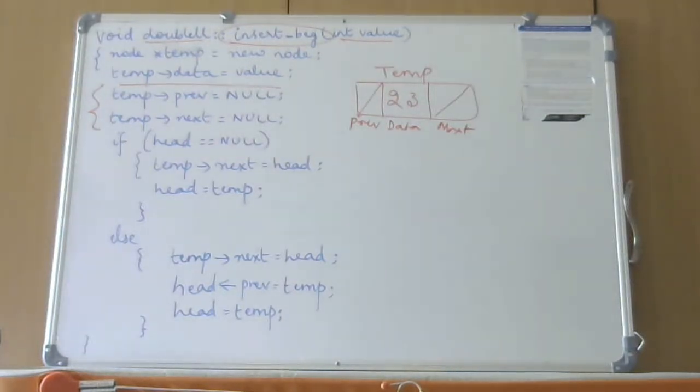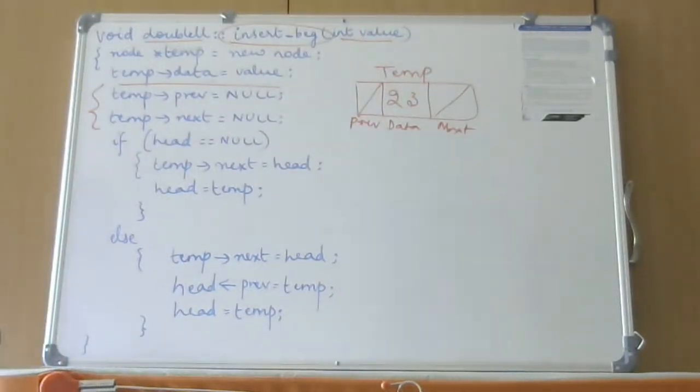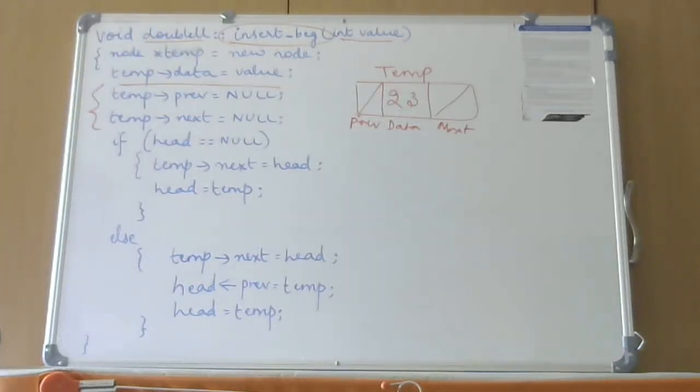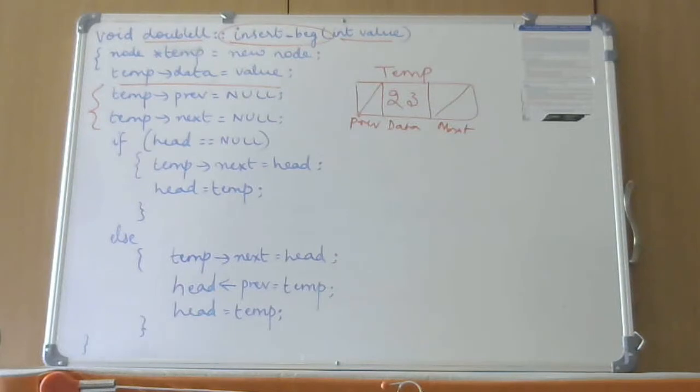If it is empty, then this node will become the first node there, because right now my list is empty. So whether you want to insert at the beginning or end or somewhere else makes no difference, because this will become the only node. Okay, that is the first condition that I have to check. How are we going to check whether it is empty or not?